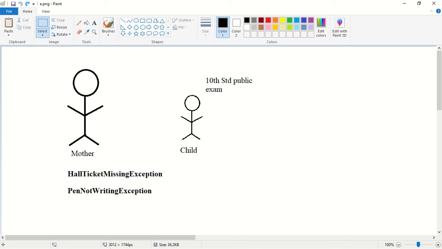So if you don't have a hall ticket, since you know the procedure, you will not panic. You will pay 500 rupees extra fine, collect the hall ticket and write the exams. Similarly, whether the exception is raised or not raised, compulsorily you should handle the checked exceptions. If you are handling these checked exceptions, definitely you are not going to face any problem at run time. That is the main idea of checked exceptions.